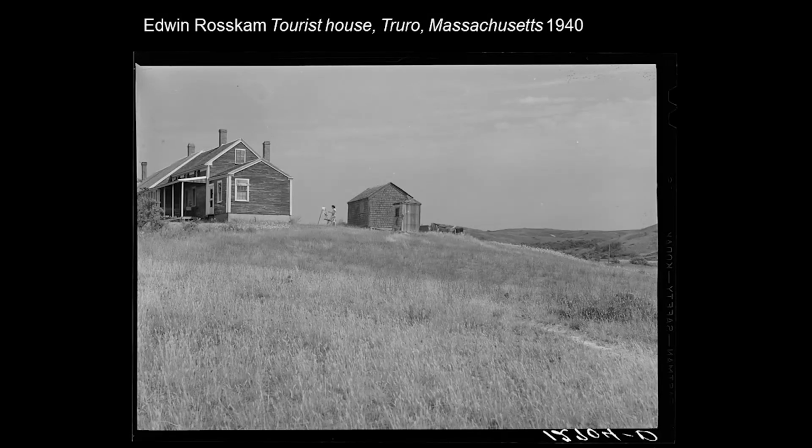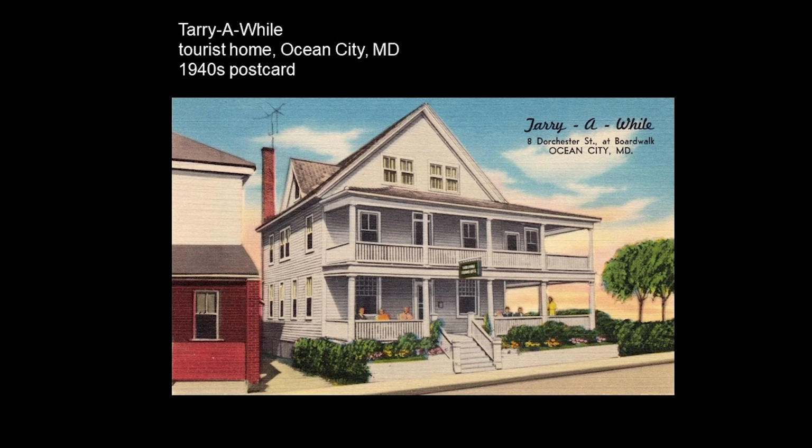In diary entries dating to May 1951, when the Hoppers went on a long road trip to Mexico, Jo Hopper took special notice of the tourist homes where she and her husband stayed. These homes could be found all over the country, and they were often advertised with the kind of postcard that I illustrate here. So she writes, "Monday, May 28, about 1 p.m., left New York via Hudson Tunnel and